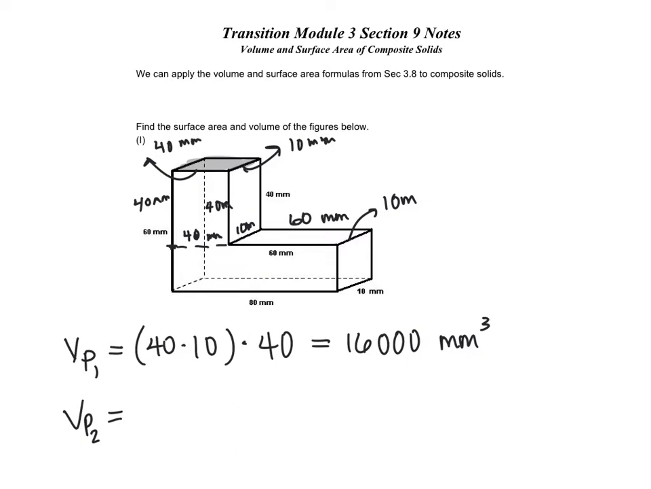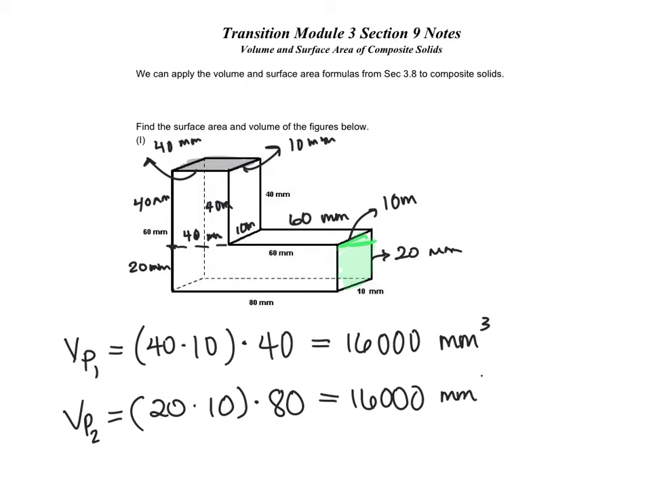Okay. Now I want to find the volume of my second prism. So I'm going to choose my base to be this rectangle. So this has to be 20 millimeters to add up to the 60, which means this side here is also 20 millimeters. So my rectangle has an area of 20 times 10 times the height, which is 80. So 20 times 10 times 80 is also 16,000 millimeters cubed,